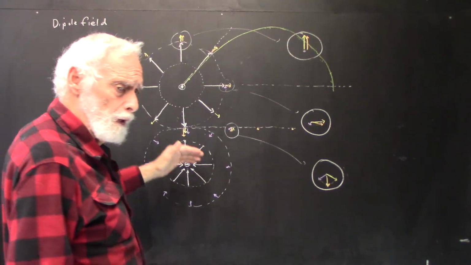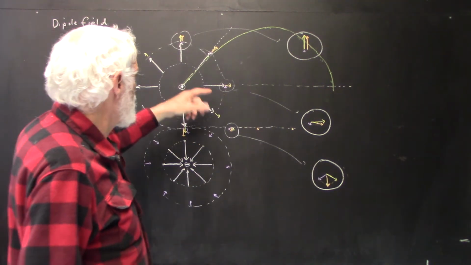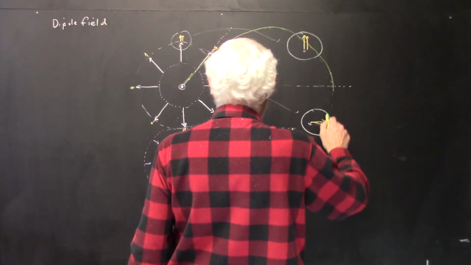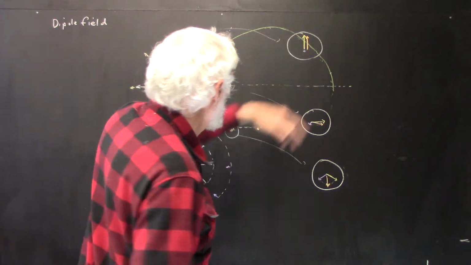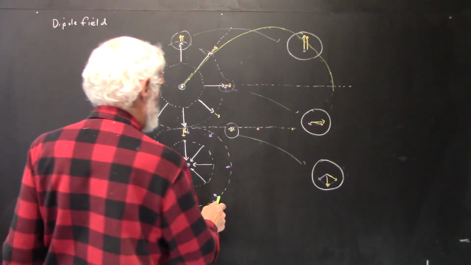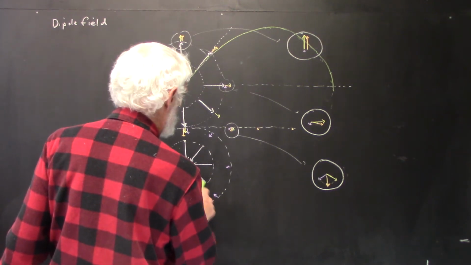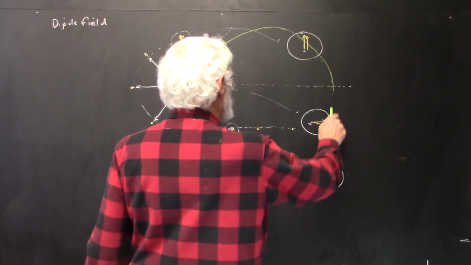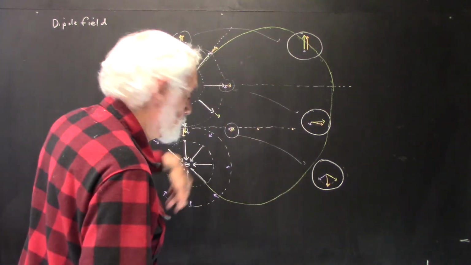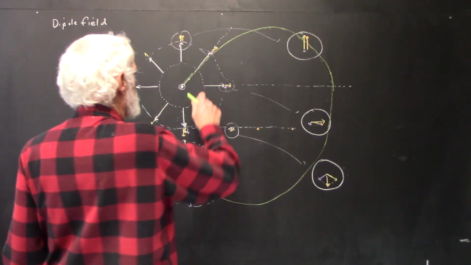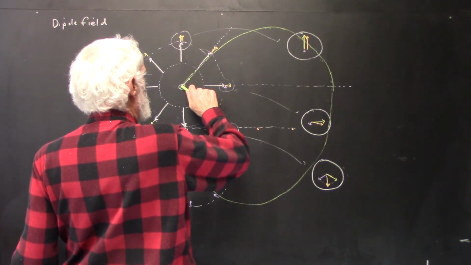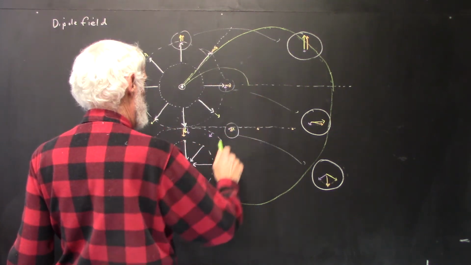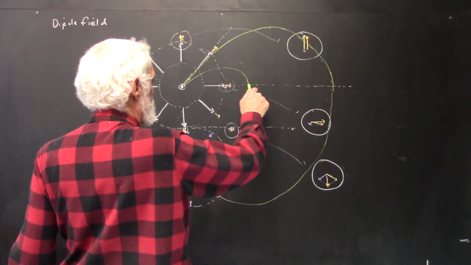Now, there are symmetries involved that you might want to think about to tell us that what happens down here, if we follow this line and follow these vectors along this line, is going to be a reflection of what happened up here. So that we're going to end up with field lines, with a curve that does this. It loops around. And the same thing is going to happen if we start in any direction. We're going to start out in a radial direction here, but we're going to get turned around. And then we're going to come down here,